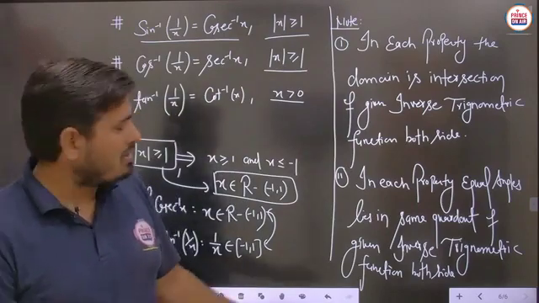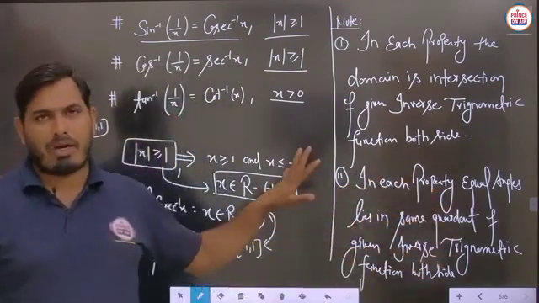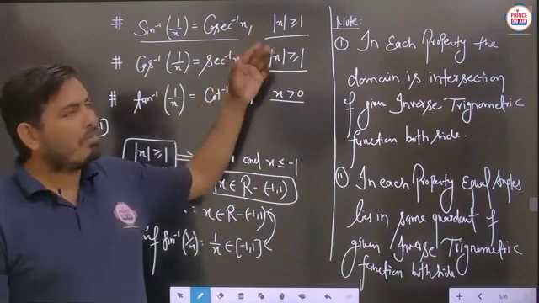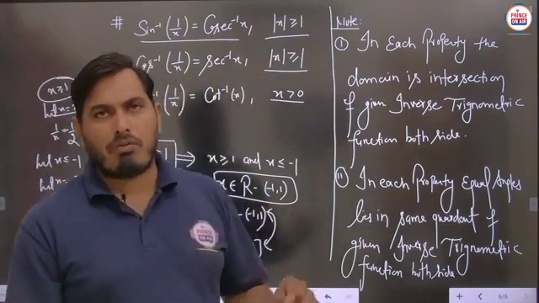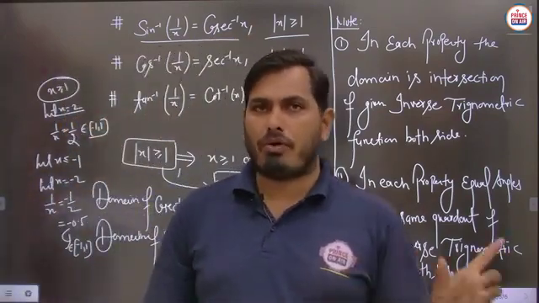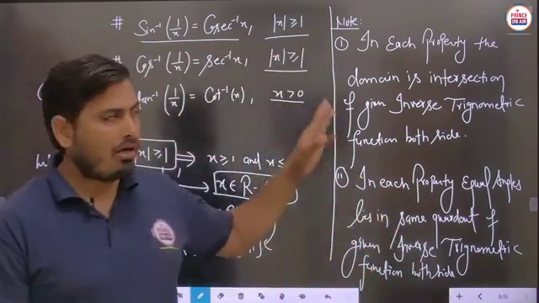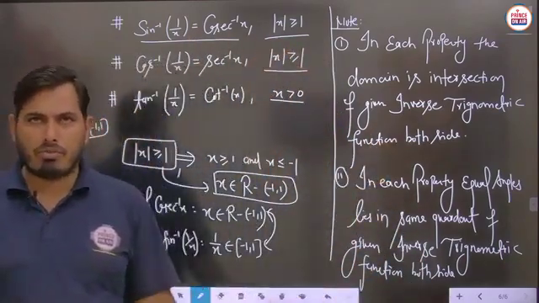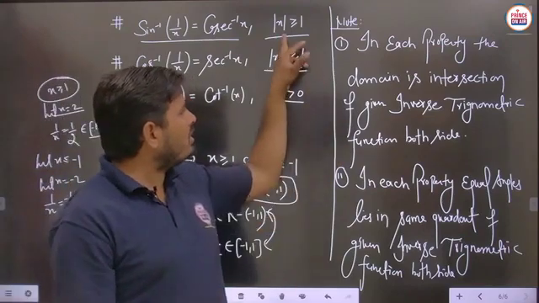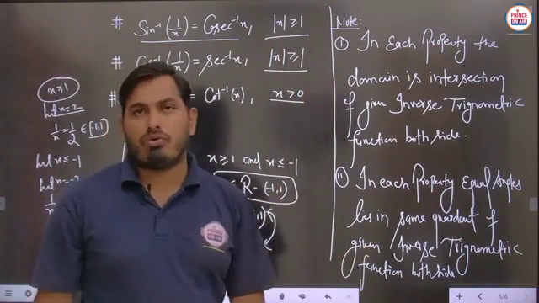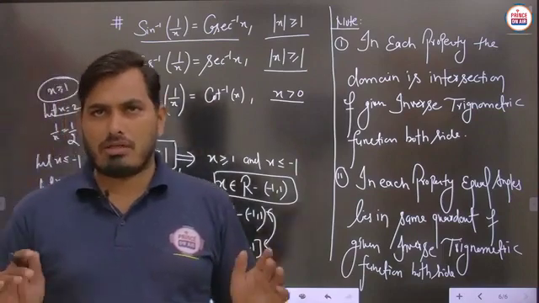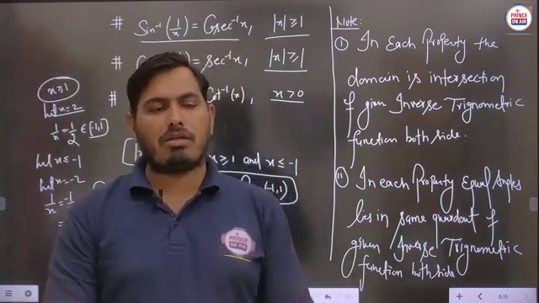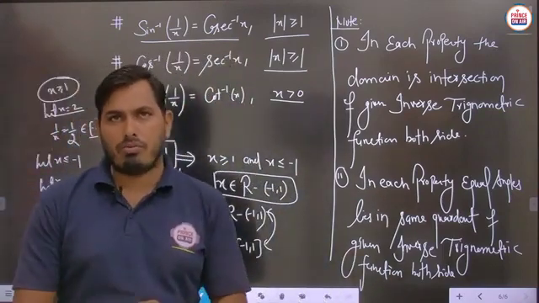Then you can say that the second property will automatically be satisfied, because here x will be taken from the closed interval minus pi by 2 to plus pi by 2 except 0, and both the particular angles will lie in the same quadrant, so there should be no problem. Is it clear? So in this condition, we just have to satisfy both the conditions, then you can judge whether the given conditions are correct or not. Is it clear?